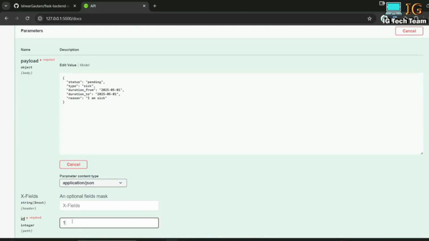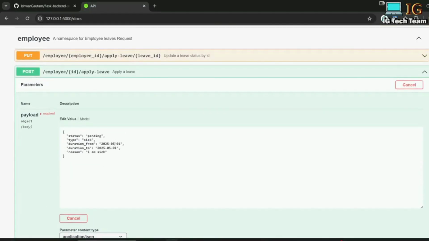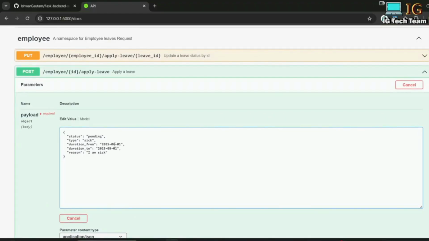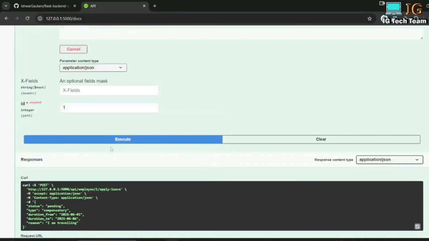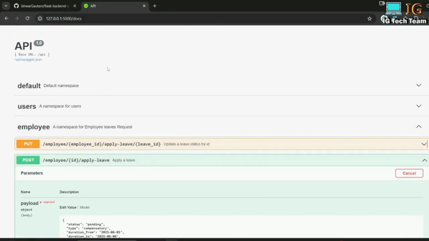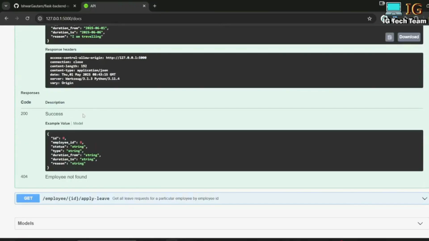So this is for employee ID 1, and again I'm going to create a leave request from 6.1 to 6.6. Suppose type is compensatory and I'm traveling. Execute. Leave request is created, and if I hit the get request,